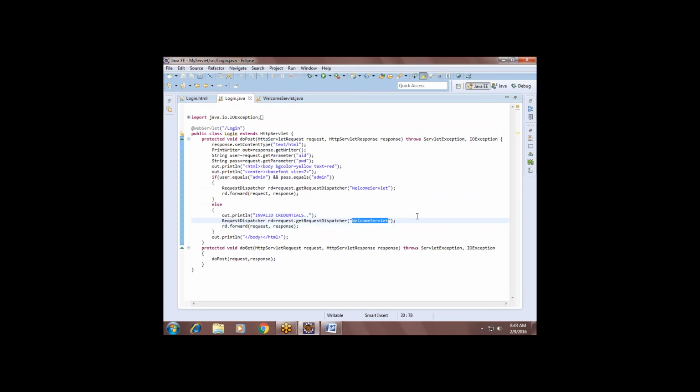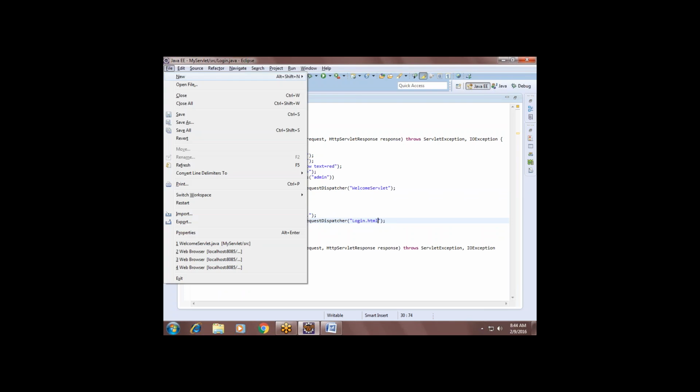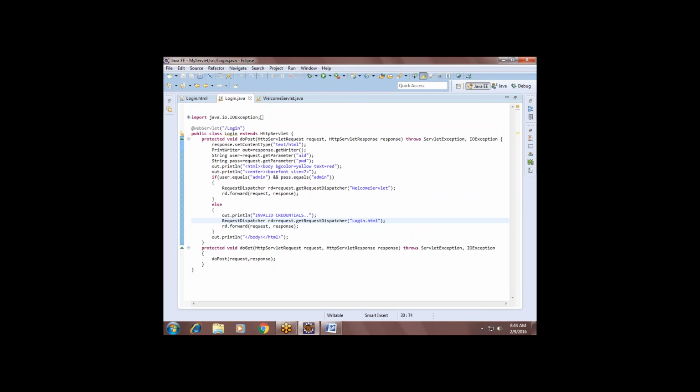So if the credentials are wrong, then I should redirect him to login.html. Which page? Login.html, and this message also has to be printed on that. So better we go with the include here, because I need to include this output also. I should call the HTML page along with this message. So include is mandatory here. Am I correct or not?